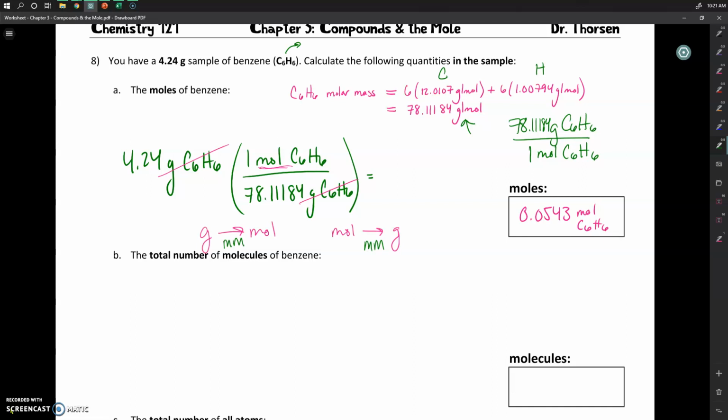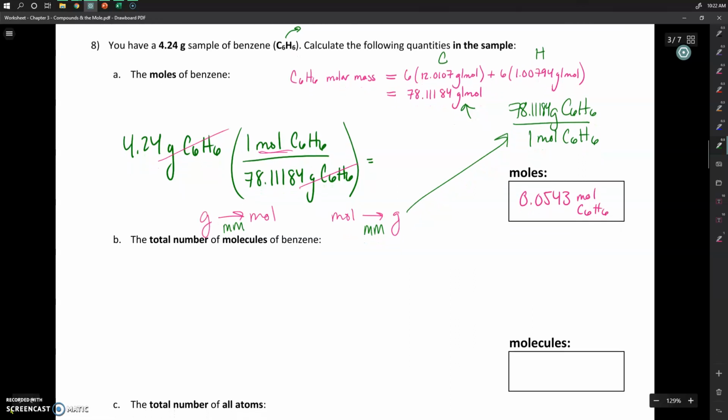Obviously, going from moles to grams, we would actually be using this original way that I wrote this molar mass as a conversion factor, because moles to grams, we would want to cancel out moles and we would want to end up with grams. So that is how that's going to work. So moving on